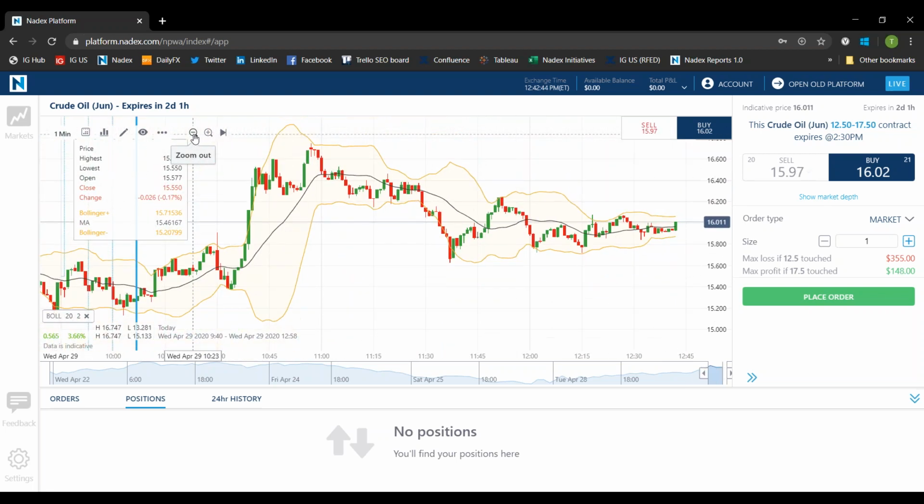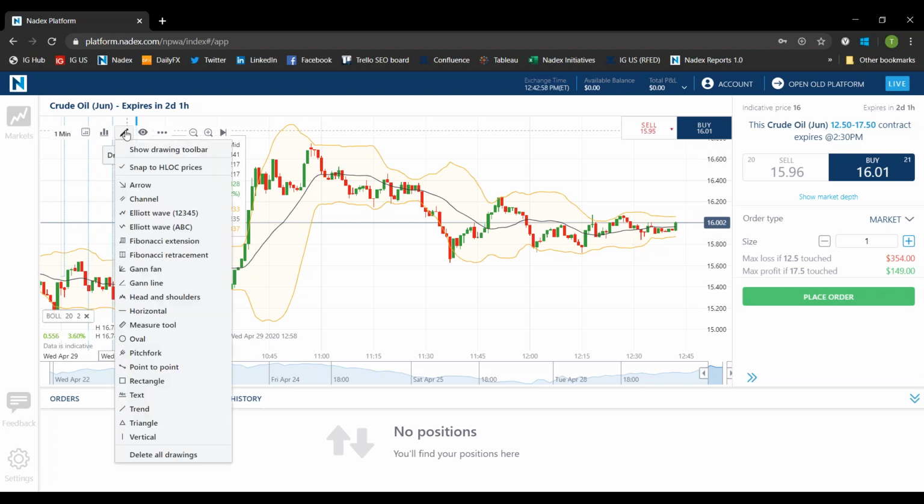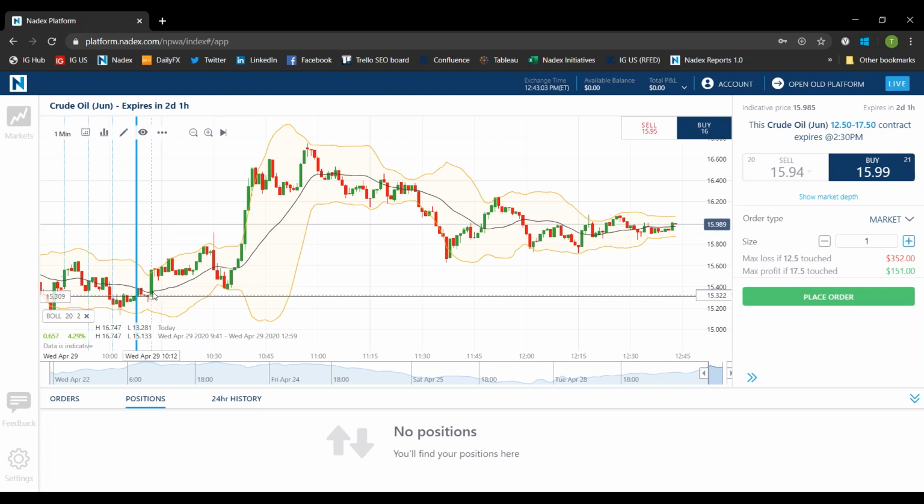for support or resistance, or where you might want to buy because you think it's going to break out, or sell because you think it's going to be some resistance. But we do have plenty of indicators available to you. If you like, you can also add your own drawings. So if you wanted to put your own support and resistance levels in,